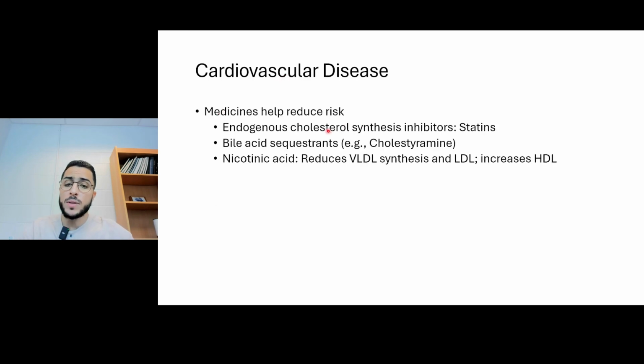There are medicines that help reduce cardiovascular disease. For example, statins are given to people that have high cholesterol levels, so they are endogenous cholesterol synthesis inhibitors. They will inhibit the pathway that makes cholesterol. This pathway is the mevalonate pathway. There are bile acid sequestrants like cholestyramine, which is given to people that have issues with their bile to decrease the chance of having a